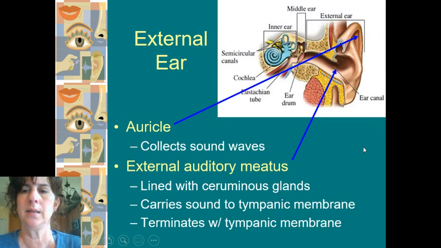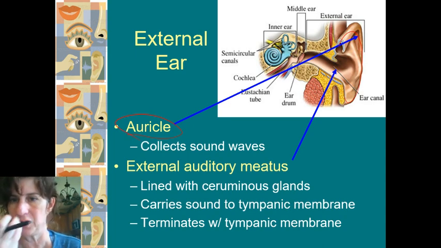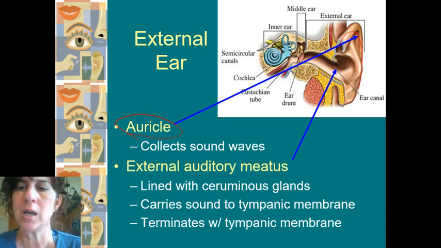External first, like I said, this is your ear that we see. We call that the auricle, so that's the term I want you to use. The job of it and the shape of it is to take sound waves that are coming in and direct them to that cavity, that canal, so that you can get the sound waves moving down the canal.